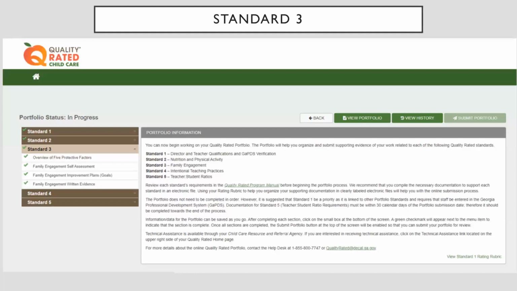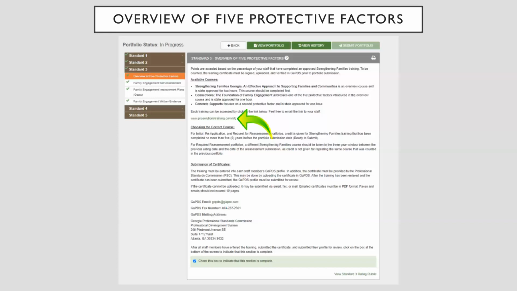When you open your portfolio and click on Standard 3, you will see a drop-down menu with the different sections for the standard. The first section is Strengthening Families training that staff will complete and submit a certificate of completion through their GAPDS profile. When you open Overview of 5 Protective Factors, you will see a link here that will take you